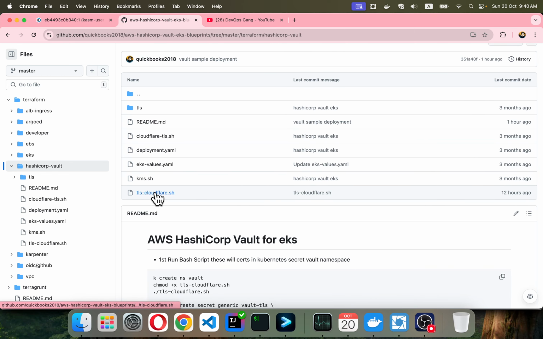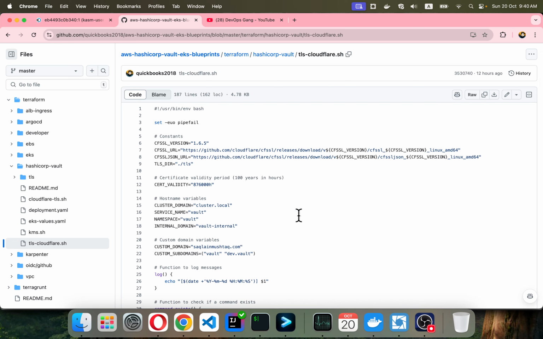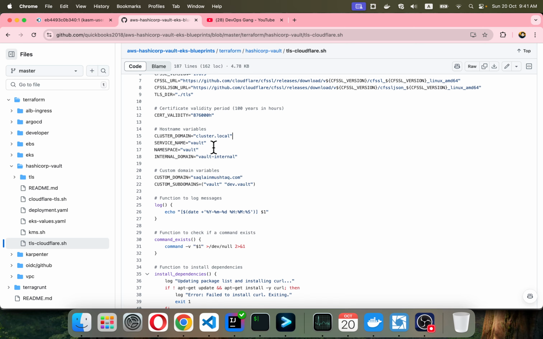So if I navigate to this tls-cloudflare.sh, you see we are going to use this particular version 1.6.5, which is the latest available version, and we are going to simply download these binaries, and we are going to simply run this, right? So regarding the cluster domain, cluster.local, service name is going to be vault, namespace is going to be vault, and internal domain is going to be this. But I want to access Vault on my subdomain as well, so I'm going to use